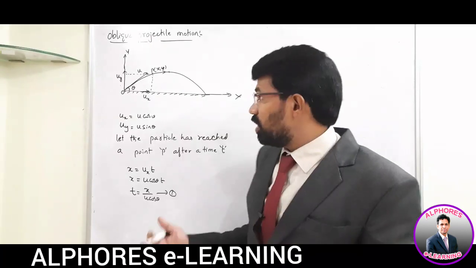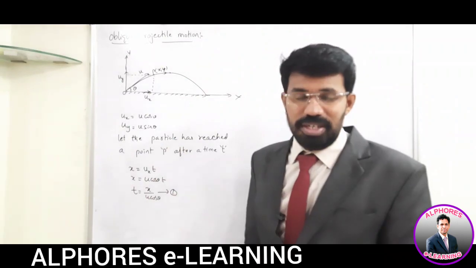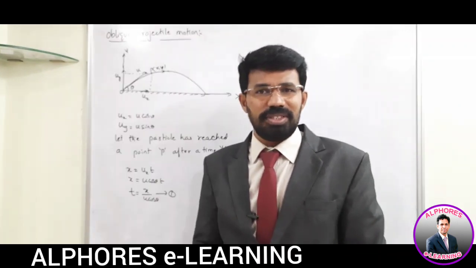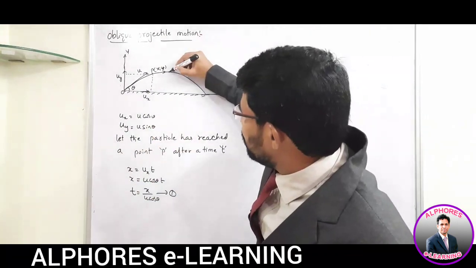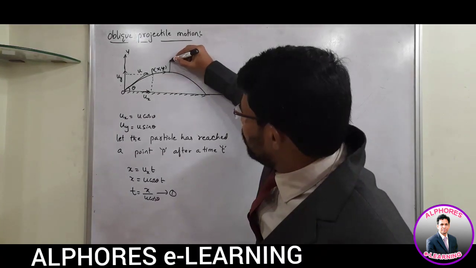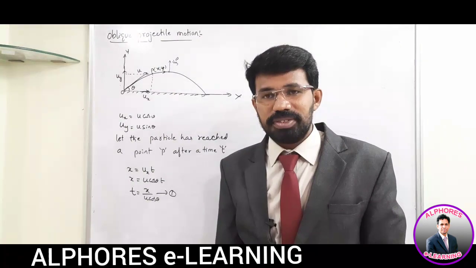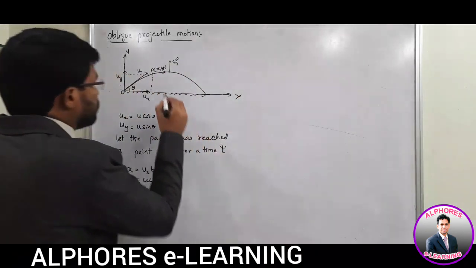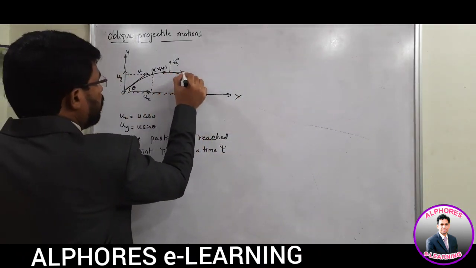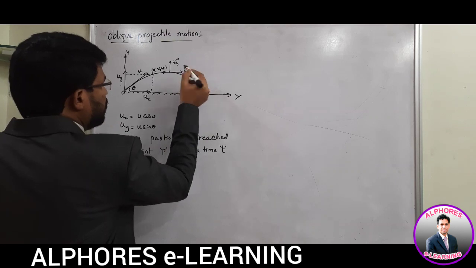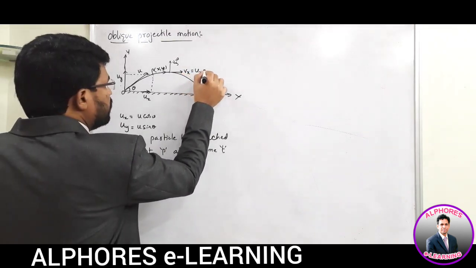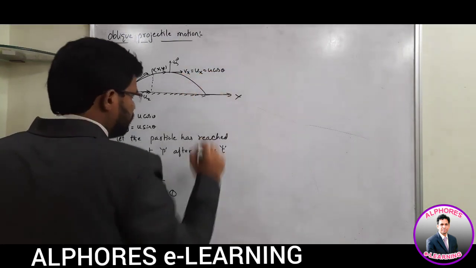What has happened by the time it has reached here? It is exhausted of the vertical component of velocity. There is no vertical component of velocity here. Here, if you imagine Vy, it is 0. Whatever velocity the body possesses, that is completely what velocity? Horizontal component of velocity only. That Vx is nothing but our Ux. That Ux is what? U cos theta. This is a very, very important point.